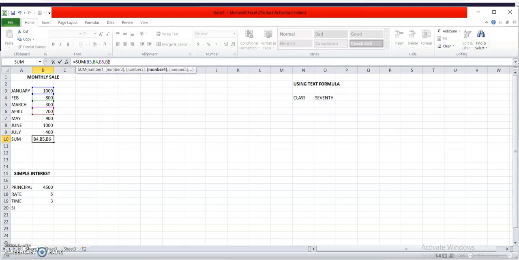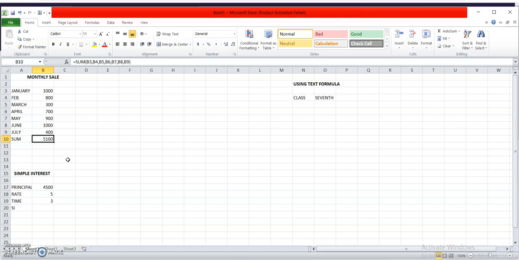Similarly, we will move till B9. This is how we will enter a formula. After that, closing the bracket, and I will press enter. You can see I will get the result, the summation of this. How easy it is.